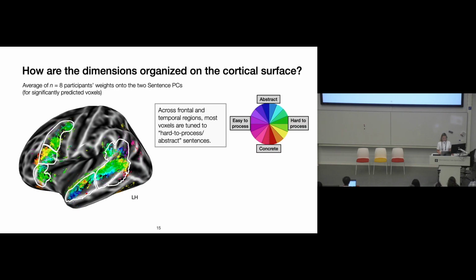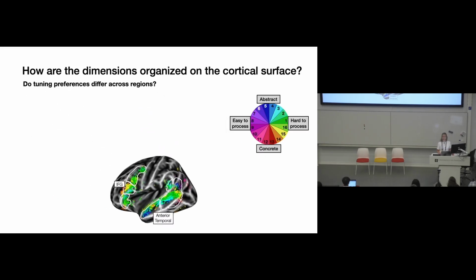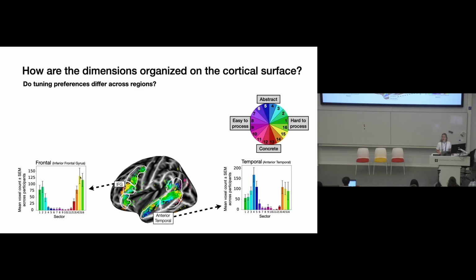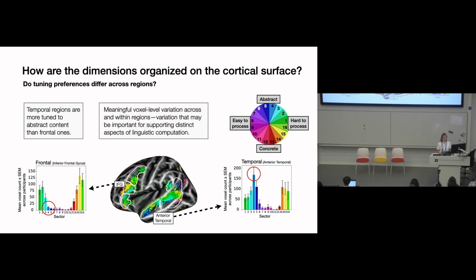And as I mentioned in the beginning, it has remained unclear whether meaningful differences exist across these regions. Now we can directly compare the fine-grained voxel tuning profiles between regions, and here I'm comparing one representative frontal region and one temporal. In the frontal region, we see that most voxels prefer these hard-to-process sentences, and in the temporal, those that are abstract. For example, this population of voxel responses shown by this bar is the most dominant one in the temporal region here, and basically does not exist in the frontal region. So there's meaningful voxel-level variation across and within regions, and variation that might be important for supporting distinct aspects